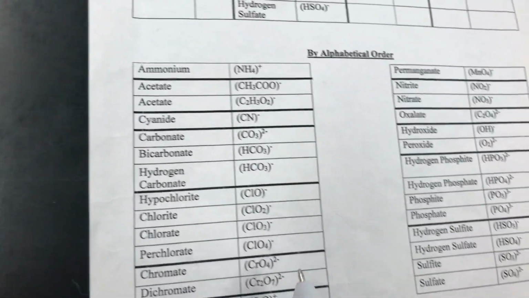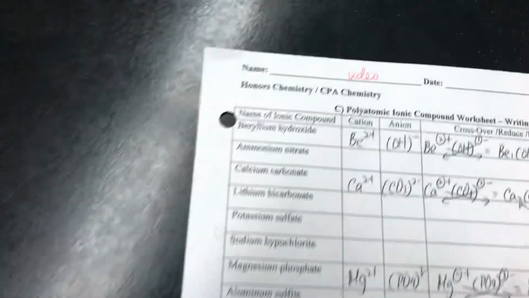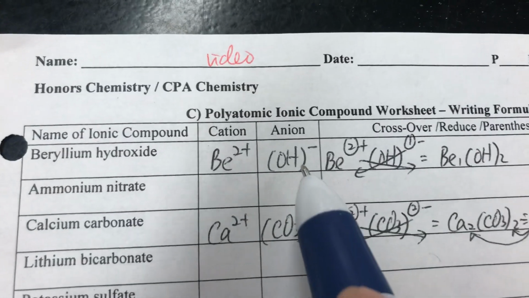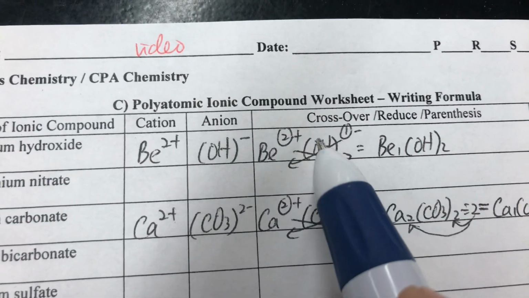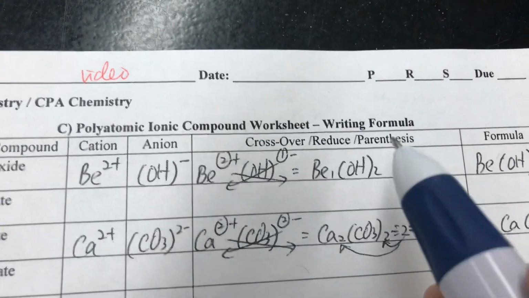Let's see. Hydroxide is right here. Hydroxide, OH minus. Okay, we found it. So we write down OH minus. And then when we start to cross over, we put the 1 back. Okay, we circle the 2, we circle the 1, we'll bring that down, become